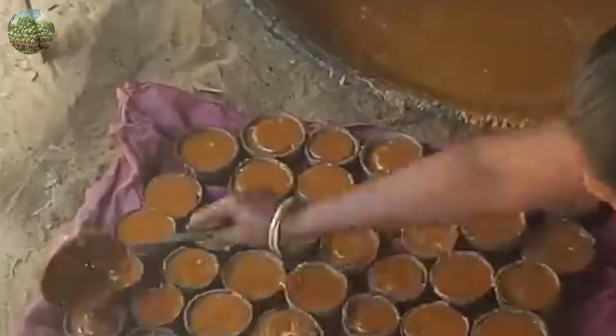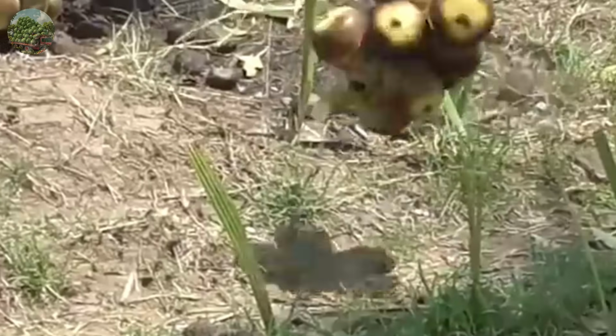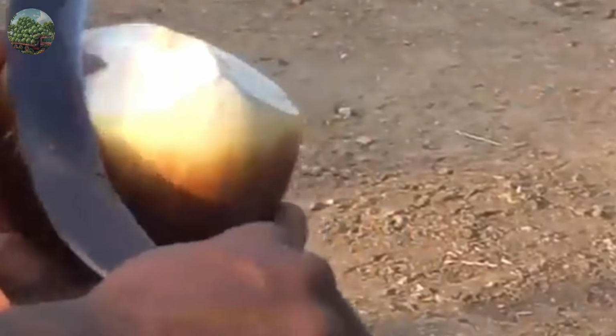Domestic consumption and export. In addition to toddy, the Palmyra palm yields a fruit that is highly valued in local cuisine. The fruit is harvested during the summer months when it reaches full maturity. The outer shell of the fruit is tough and fibrous, but inside lies